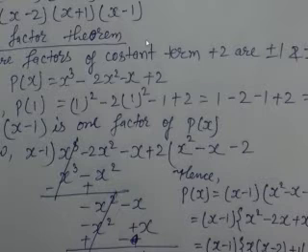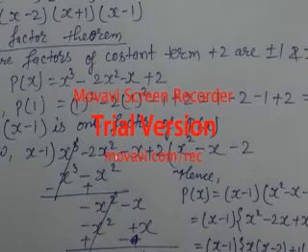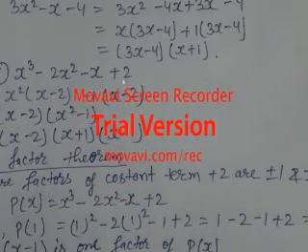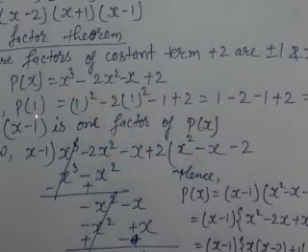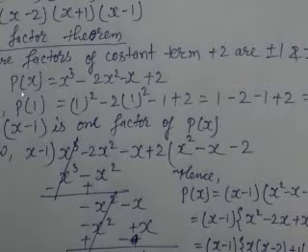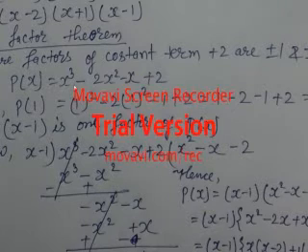So if you watch, the factors of the constant term are plus 2. The constant term here is plus 2, so its factors will be either plus or minus 1 or plus or minus 2. At first we keep 1. By keeping 1, you can check in your mind whether it comes to 0 or not, or simply show it like over here. I had seen in my mind that by keeping 1 it comes to 0.